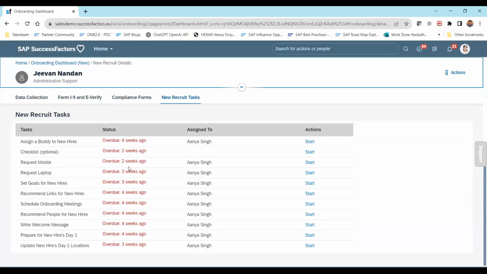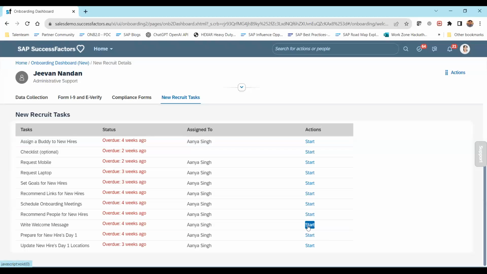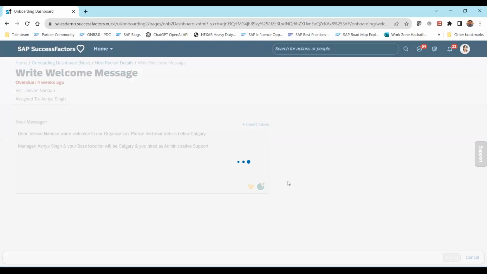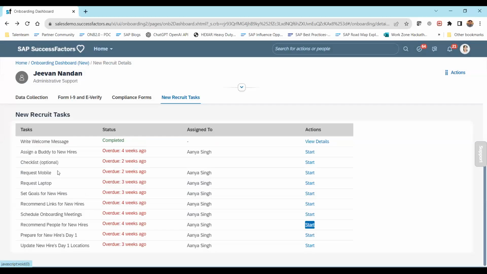Yeah, these are the different tasks which, being an onboarding executive, I should complete. Just quickly, let me write a welcome message, complete the welcome message task. The data that you see in braces are the fields which will be picked up from the candidate database. First name and last name are the dynamic variables. Automatically, the system will pick up the data from the employee database. So you have triggered the task for welcome message, and let me trigger